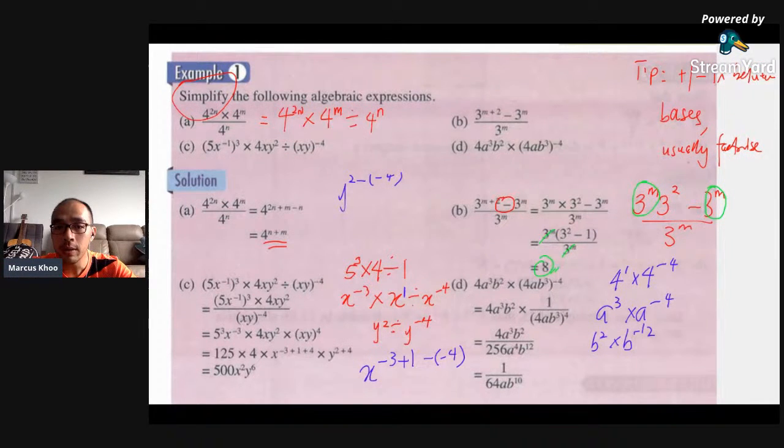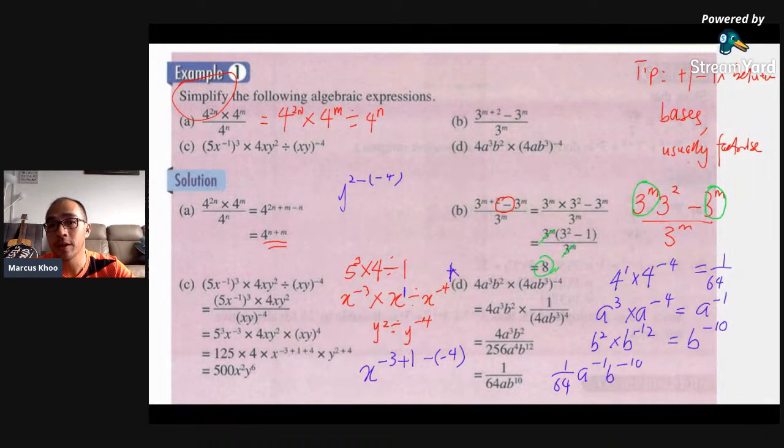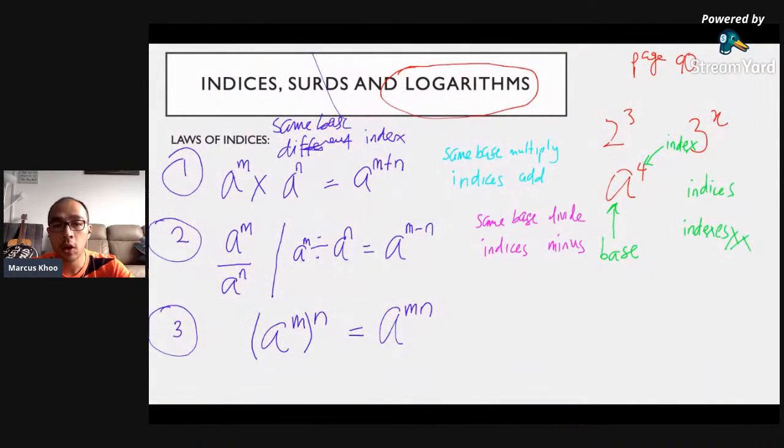So this one, when we combine, when we press the calculator, we get 1 over 64. This one will become a to the power of negative 1, and this one will become b to the power of negative 10. So I can always write it as this, 1 over 64, a to the power of negative 1, and b to the power of negative 10. Now, the purpose of this example and the reason why I'm showing you is because in the final answer, the power cannot be negative. So you have to do an extra step over here,